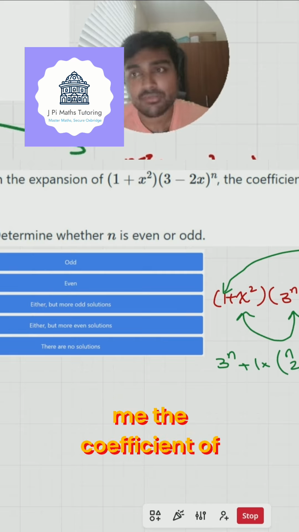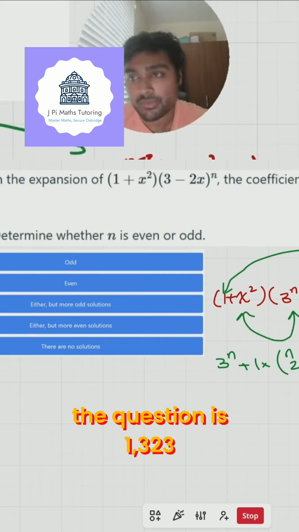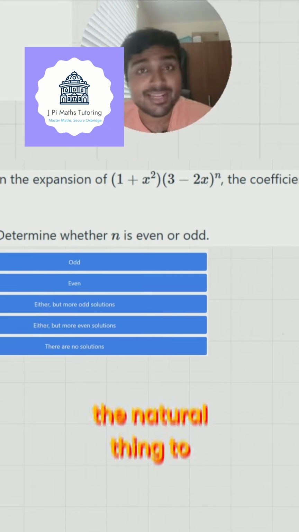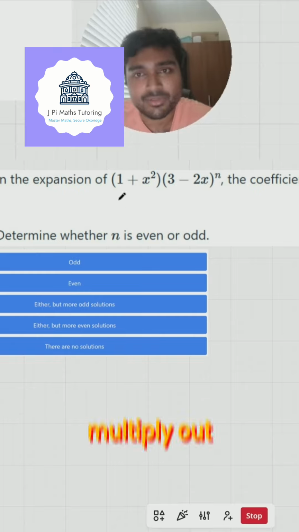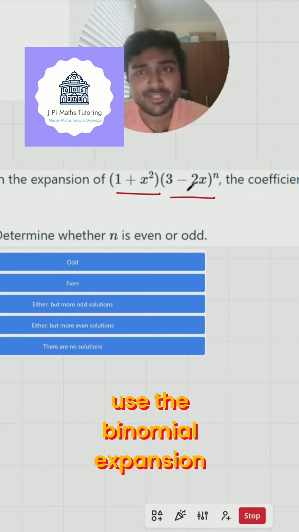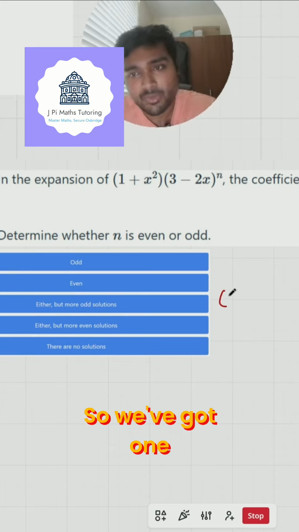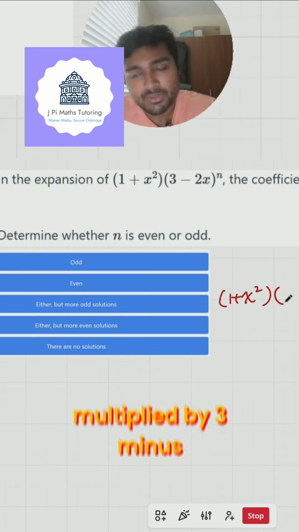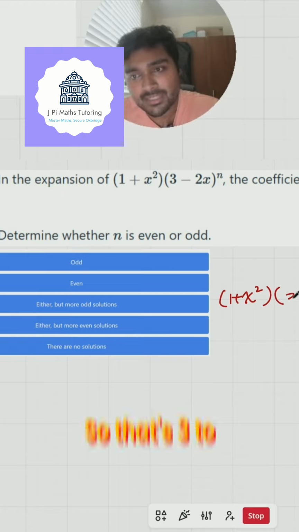And this here gives me the coefficient of x squared, which we're told in the question is 1323. So the natural thing to do here is just to multiply out these brackets. In order to do that, we need to first use the binomial expansion on this second bracket. So we've got 1 plus x squared multiplied by 3 minus 2x to the n,